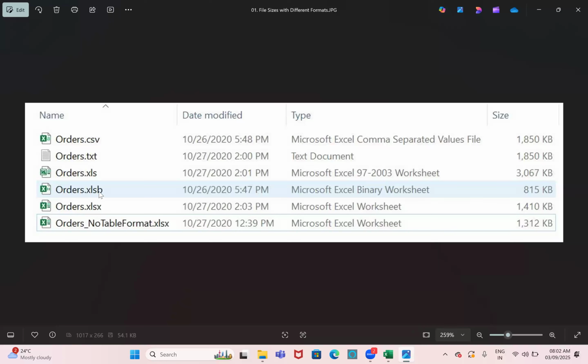If you save the same file in .xlsb format, see the file size is 815 KB. Almost half, right? 1850 to 850. And .xlsx is 1410, I mean, this is different, right? 1410 became 815 KB.